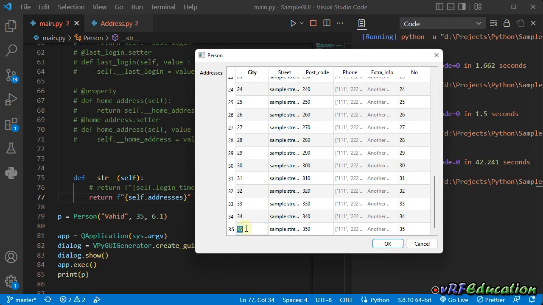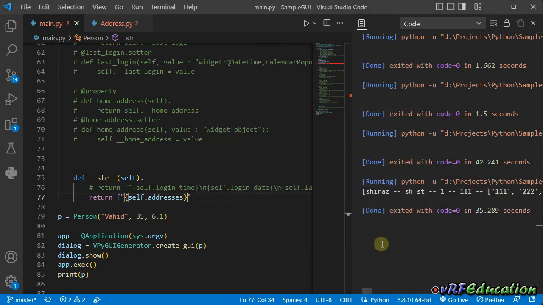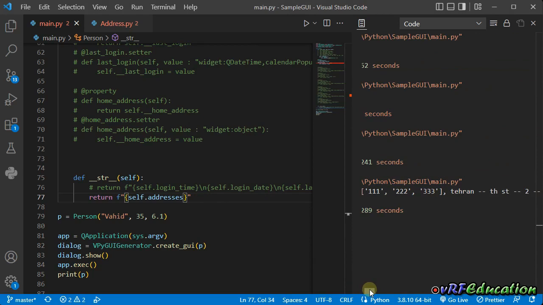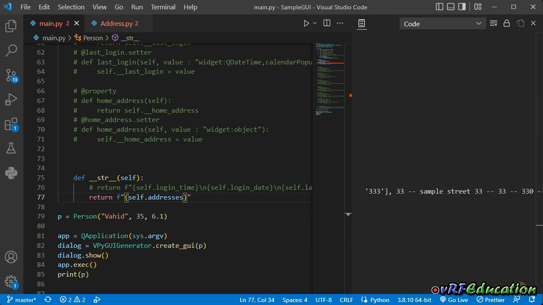And let's change the last one. I'm going to change it to Sari, SRST, and also I'm going to change it to 100, 1000, and also this one to 300. And if I press OK, you can see change applied, Shiraz SH Street, and for the next one it's Tehran THST, and for the last one it's equals to